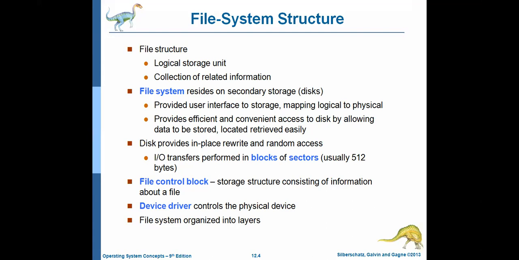Okay, now so that is on the same place. For example, when you want to read the contents, you can read the contents in the same place, and to modify the contents, you can modify the things. So that is the first characteristic of a disk. What is it? In place. A disk can be rewritten in place. Disk provides in-place rewrite means the disk can be rewritten in a place. That means it is possible to read a block from the disk, modify the block and write it back into the same place. That is called as disk provides in-place rewrite.